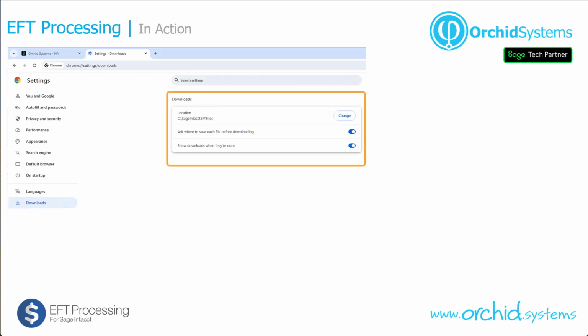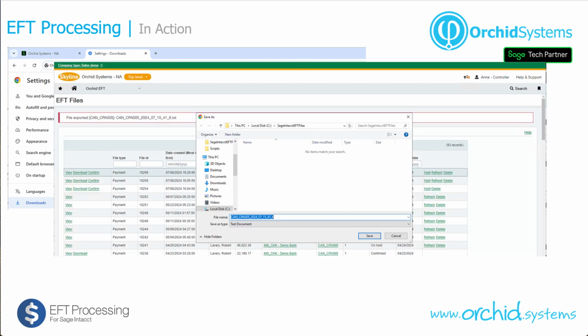And then in the browser, in my case Chrome, I've set the location of the downloads to C Sage Intacct EFT files, and just for demonstration purposes, I have left on ask where to save each file before downloading and show the downloads when they're done, so we can just confirm that it's gone to the appropriate directory. And then I would go into Intacct, download my EFT file,